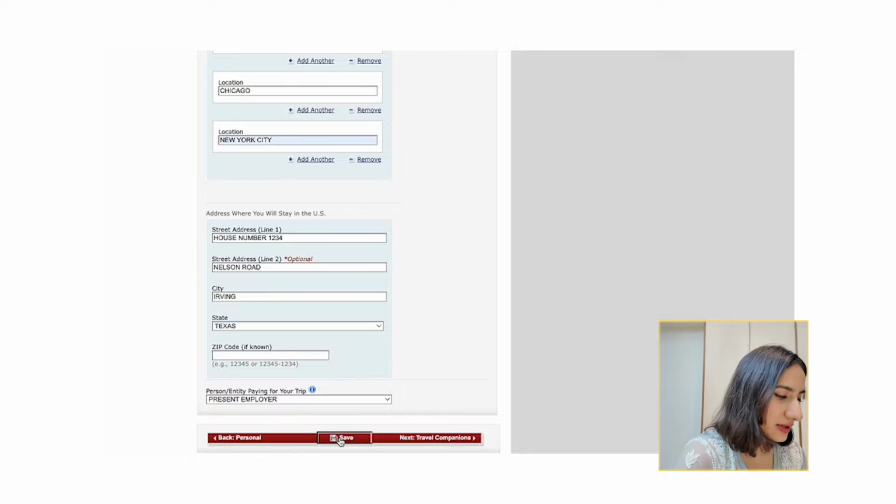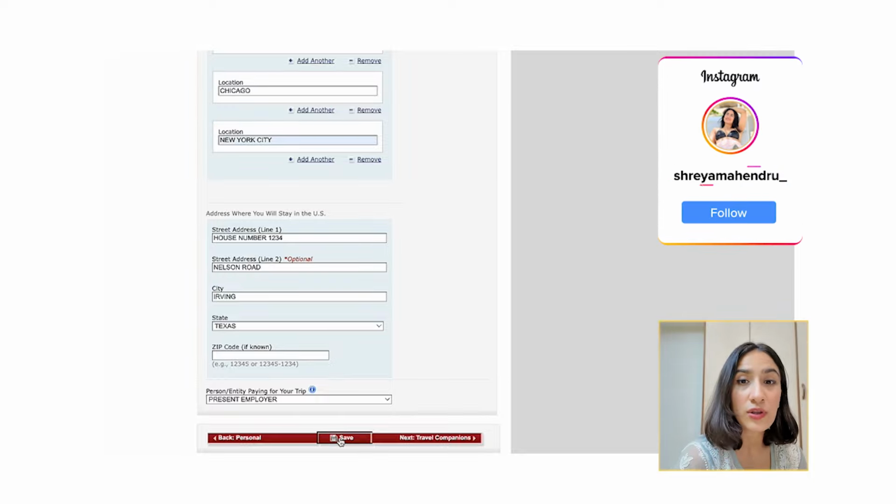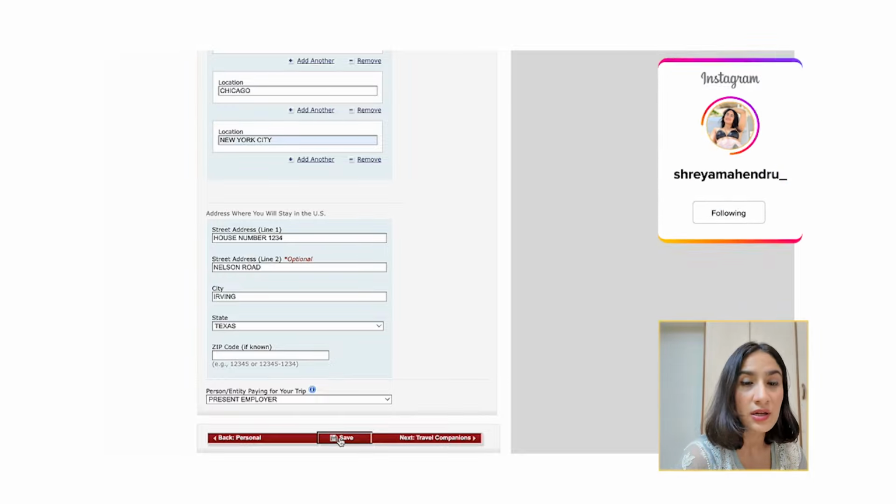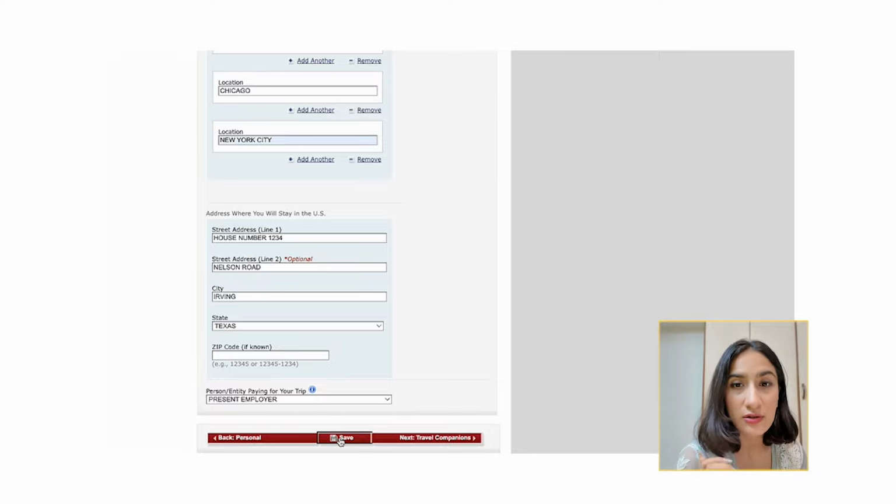So in my case, let's add that my present employer, who is not in the US by the way, is going to be paying for my expense. And also when you go for the interview, you have to make sure that you carry the financial statements of whoever is sponsoring your trip. If it's yourself, then your own bank statements. If it's your office people or maybe your client, whoever it is, you should carry some financial proof of, let's say, some savings, or some bank account balance or statements, or something that you can show to demonstrate that they are able to host you and sponsor you.